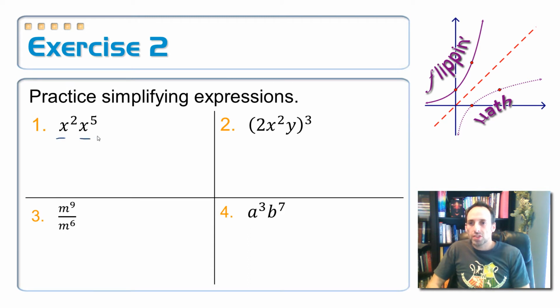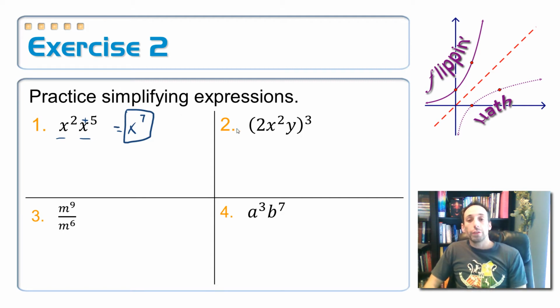They have the same base of x, so we keep that the same. They're being multiplied, so we add those two exponents, so it is x to the 7th. Easy, right? Okay. For number 2, this is a power raised to a power, so we are going to give